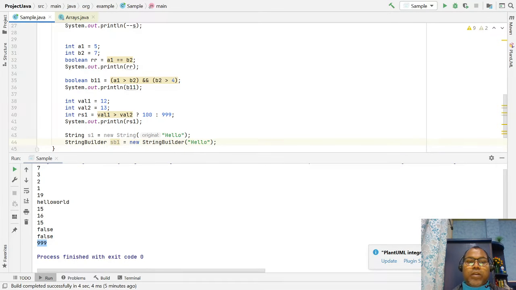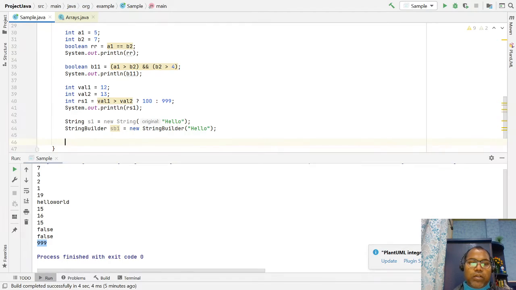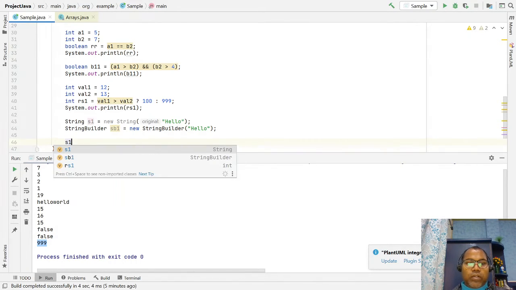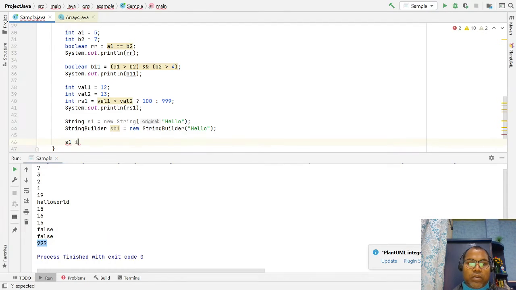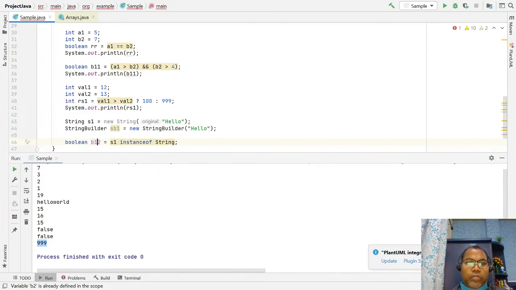Okay, you have written two objects, and now let's check s1 instanceof the String class, and store it in a boolean b1.